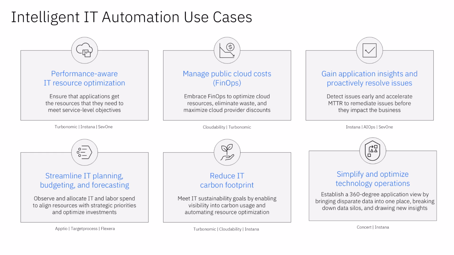The fifth use case, reducing IT's carbon footprint, is a great side benefit of spending less on IT. The consumption of fewer resources such as storage, compute, and electricity puts less pressure on the power grid. IBM Cloudability helps track sustainability data down to the team, application, and resource level. Through curated sustainability dashboards, the rich analytics of the IBM Cloudability platform helps identify the direct responsibility for carbon emissions